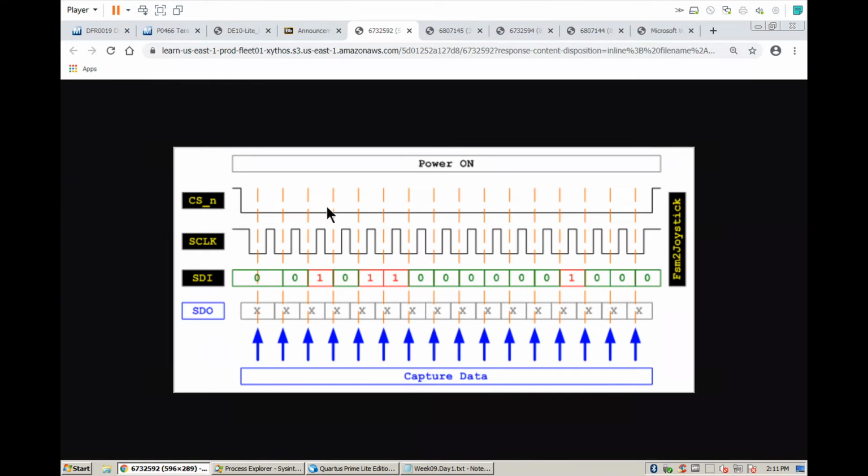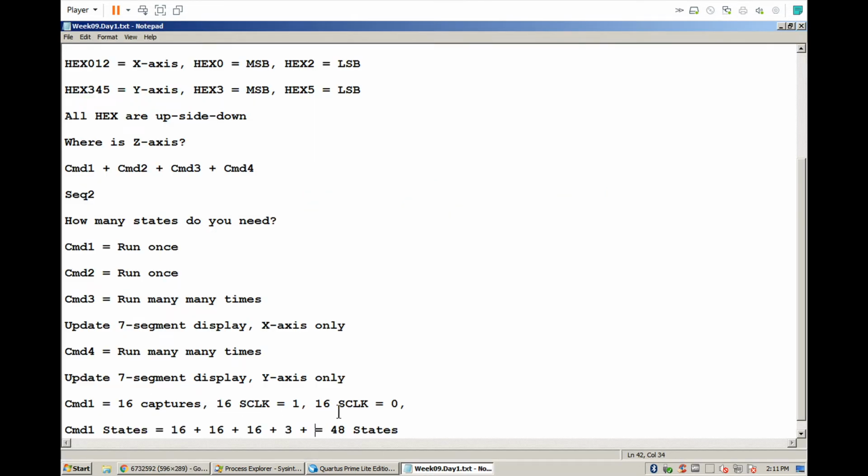Similarly, if you go to the end of this command, when you finish everything, you want to finish with SDI equal to 0, then S clock equal to 1, then CS equal to 1. So you need 3 states. So if you do the math,